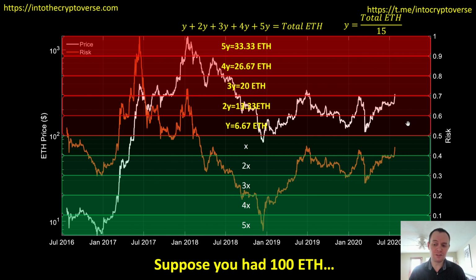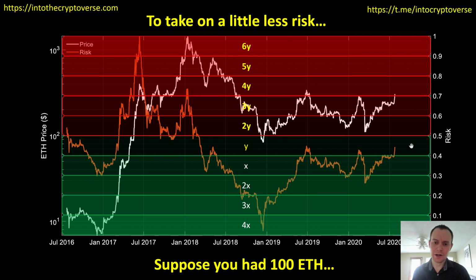If you're really averse to risk, then you're probably not going to be buying Ethereum when it's just moved up from 235 to 305 in 6 days. You're probably not. Now, what if you wanted to take on a little less risk? Okay. Instead, you could start selling here, right? At 0.4 to 0.5, you start selling here, and then you have